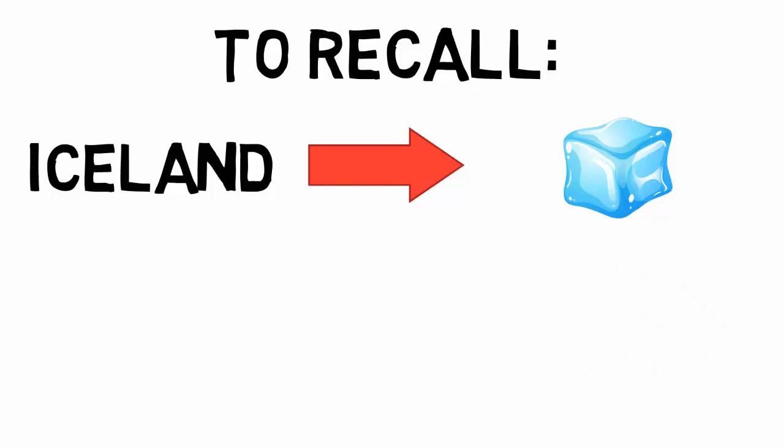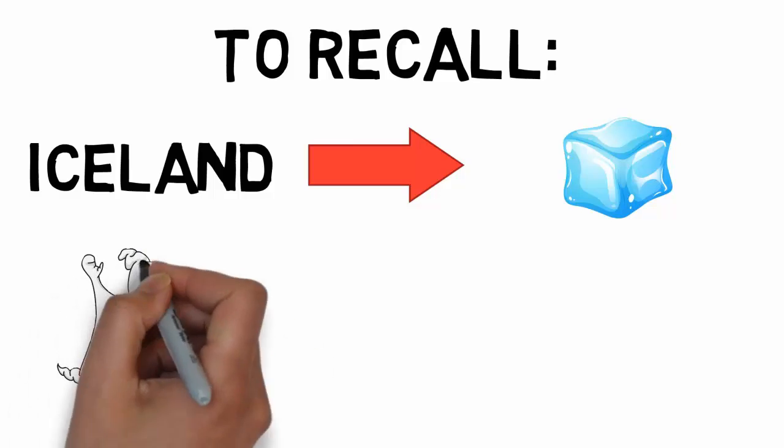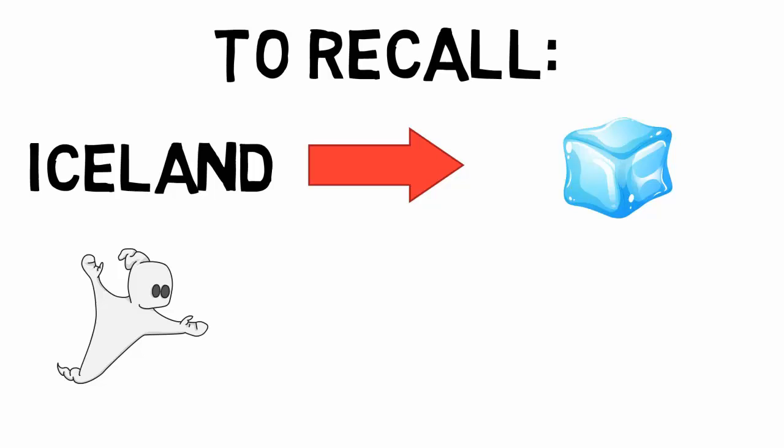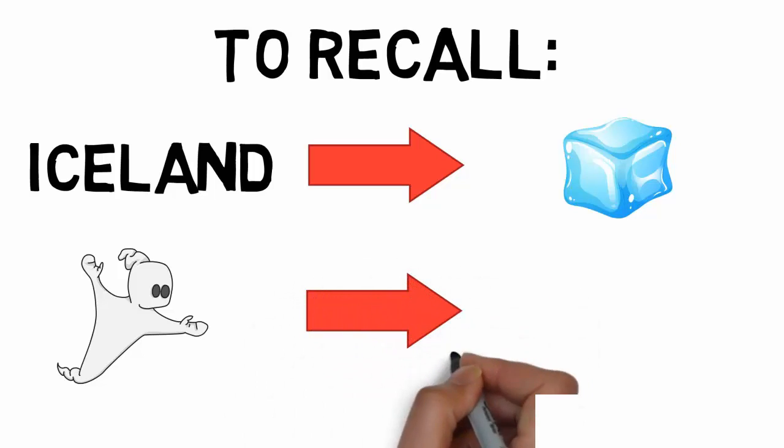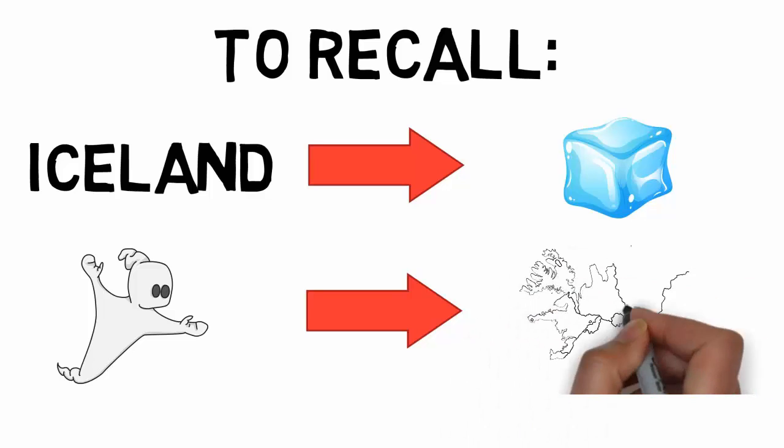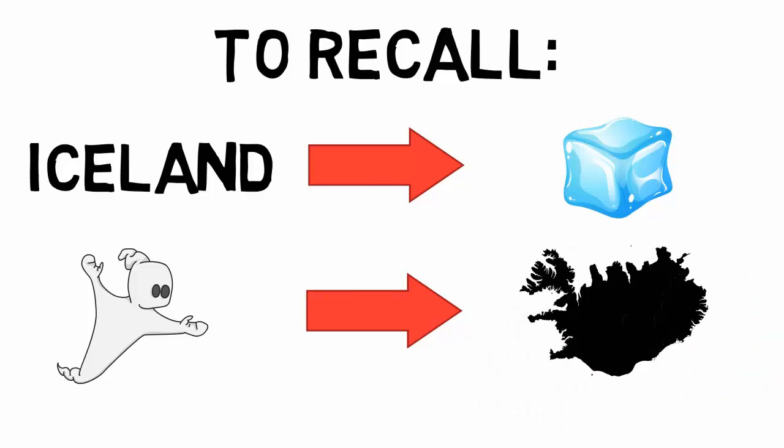Then when you think of that image, it's going to trigger the story. And you're going to find the other image you have. So you're like, oh yeah, a ghost was riding the ice cube. And so once you have the country's landmass's image, all you have to do is look for that kind of image on the map. So you're like, okay, ghost, ghost, ghost. And so you're looking in Europe for the landmass that looks like a ghost. And when you find it, you know that that country is Iceland.